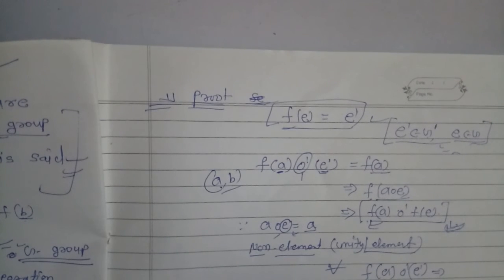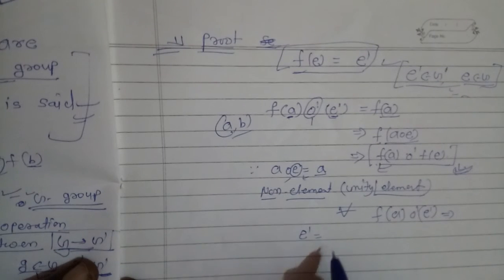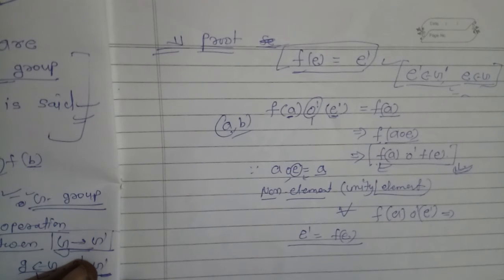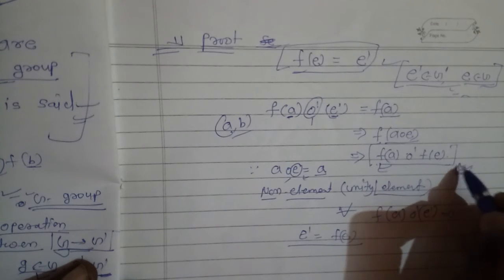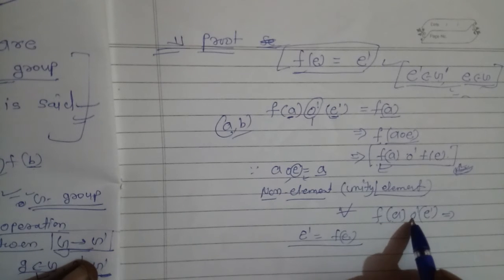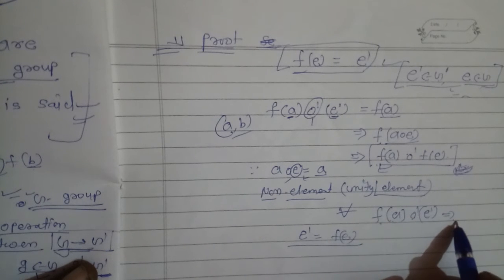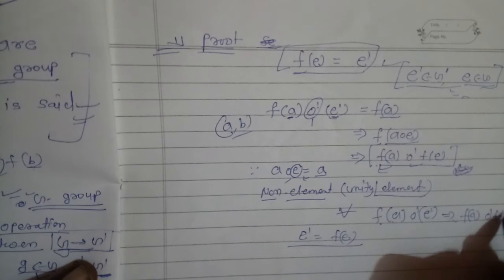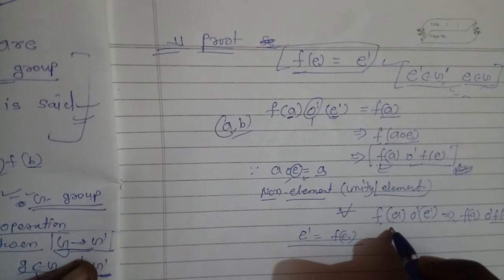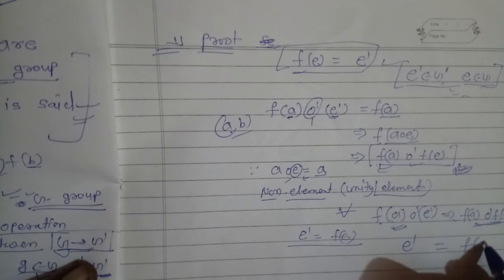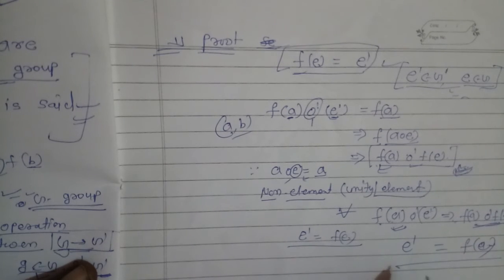E dash is equal to F E. That's C. Look, C F A operation F dash E, it is equal to this is F A dash, and this is E dash, and this is F E. Okay,